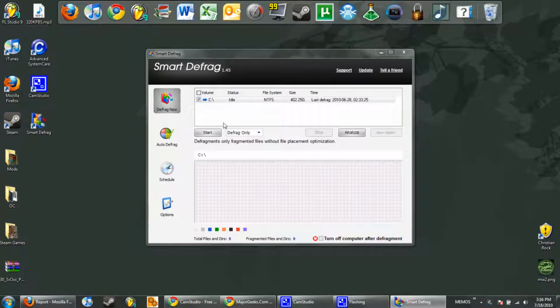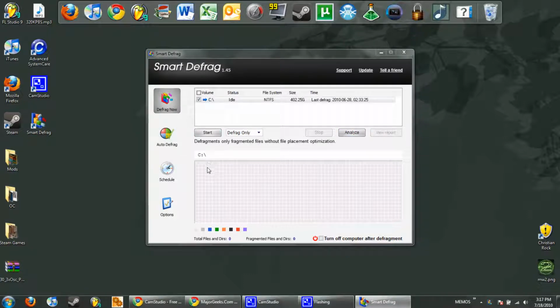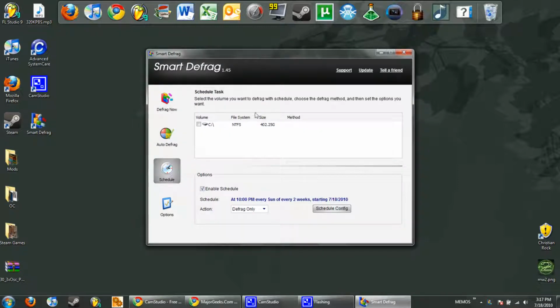And right now, I have an idle C volume, and my last defrag was 628. So if you're not sure if you have a ton of files, go ahead and click Analyze. The program is smart enough to tell you whether you need it or not. So go ahead and click Analyze. It'll analyze it for you, and right now you will start to see a bunch of little clusters over here, and these color codes will tell you which cluster is what,